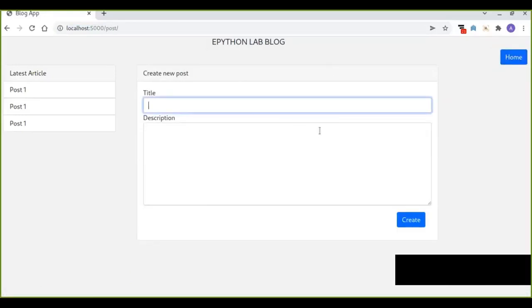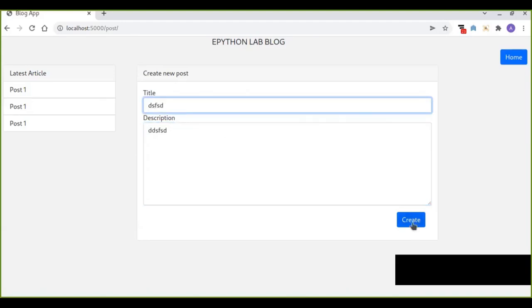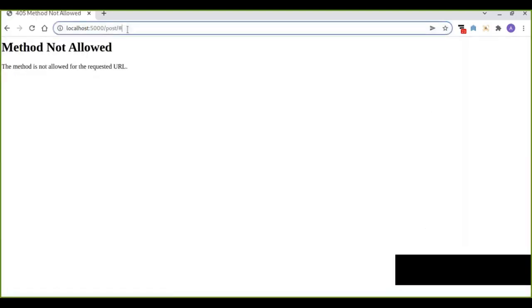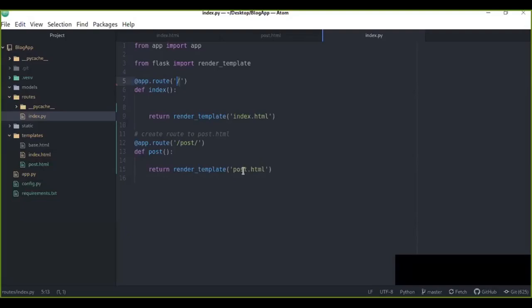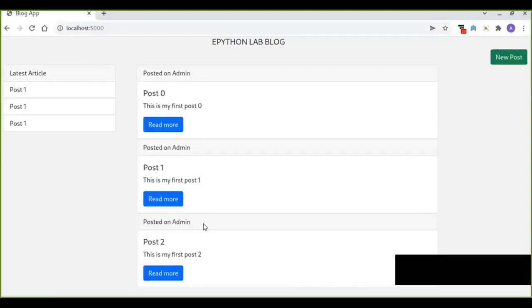This is the form, but when you click this, there is no action applied, so it will not insert any values here. There is no method allowed here, because we have not created the routes for this. This is the home page. Okay, now